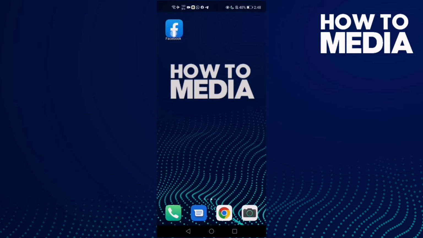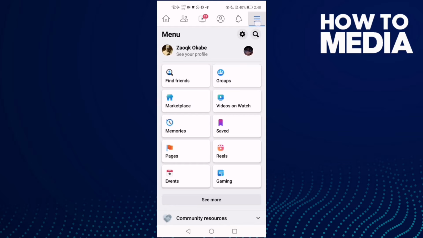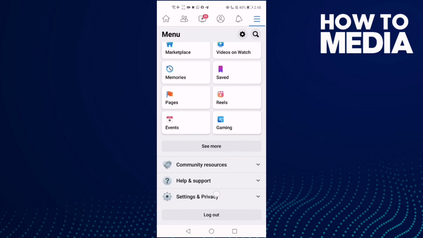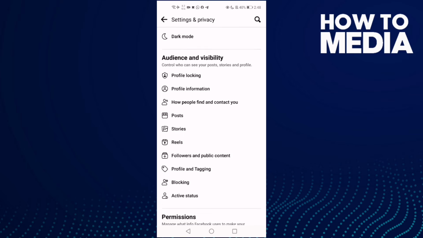First thing you're gonna do is go to Facebook and click these three lines here on the top corner and go down until you find settings and privacy. Click on it and then you will see settings. Click and go down,